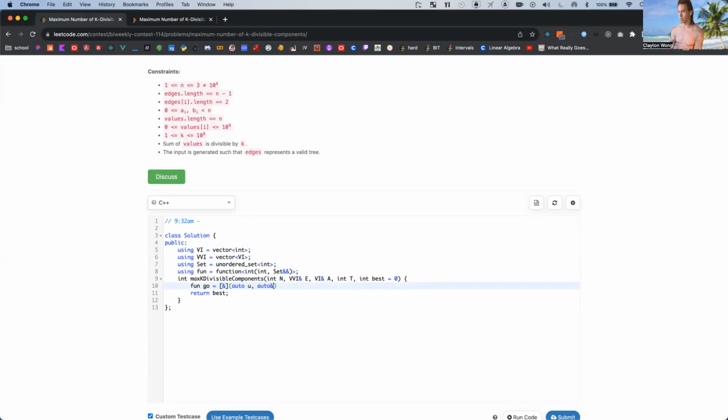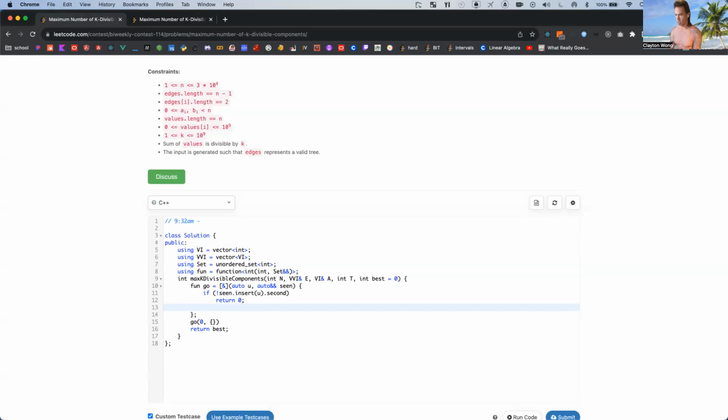Okay, take this as R by reference. What's been seen. Seen to insert U's second. So seen to insert is a function that returns a pair. The first of the pair is an iterator to the value that's inserted or the value that already exists. The second of the pair is a Boolean, which indicates whether or not the value was inserted. So if it was inserted, it'd be true. So we're saying if it's false, which means it already exists, then we're gonna bail early here. That way we don't run into a case where we recursively loop between nodes that have been previously seen